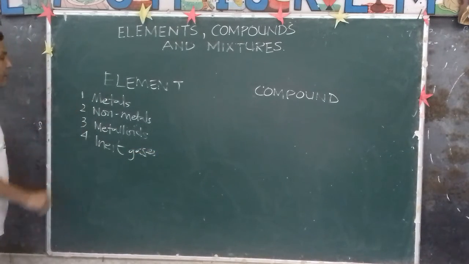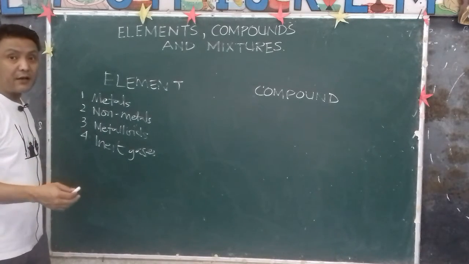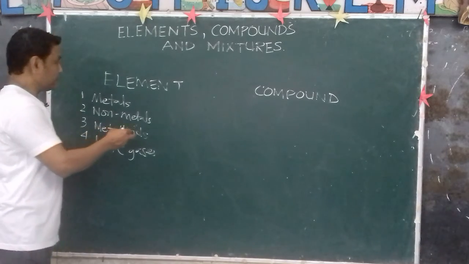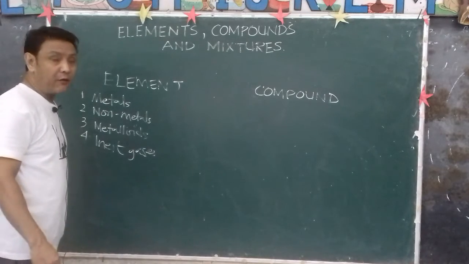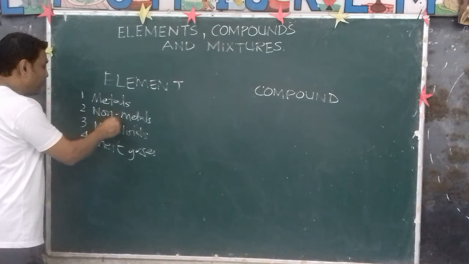So when we talk about the elements, element is a pure substance made up of only one kind of atoms, and which cannot be broken down any further, and it is classified into metals, non-metals,